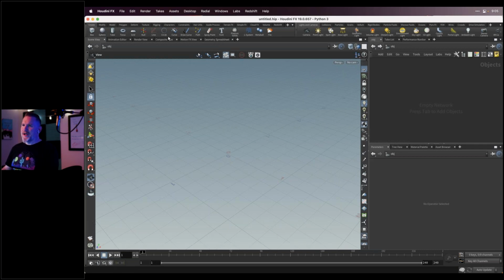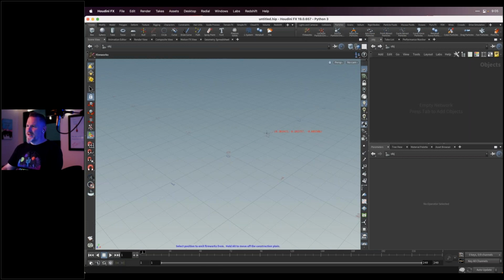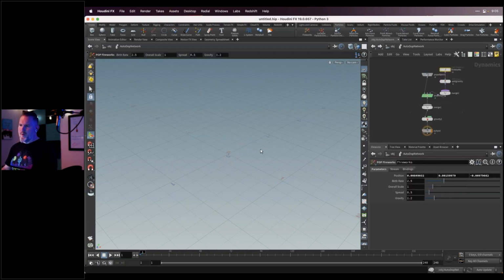And just very briefly, we also have up here at the top these presets that are great for new people to Houdini. These have common things like cameras and lights, but they also have presets. So if I go to the particles shelf, you can see that we have fireworks. I can just click on fireworks here, and then oftentimes I'll get a cursor. My cursor changes to this kind of updating weird thing, and I just have to click to say where I want those fireworks in this case.